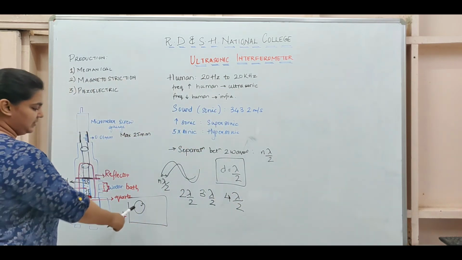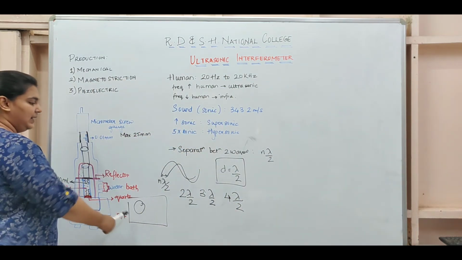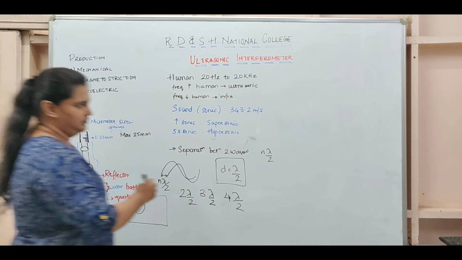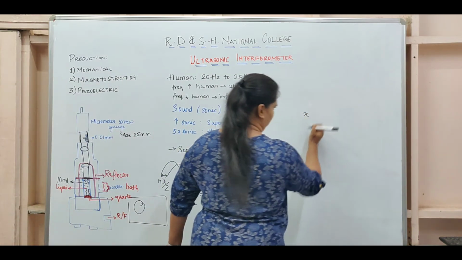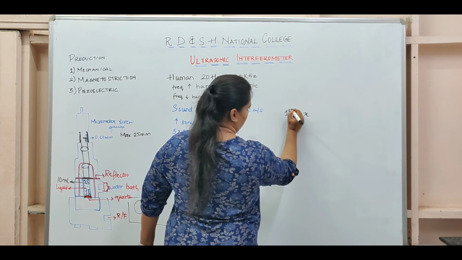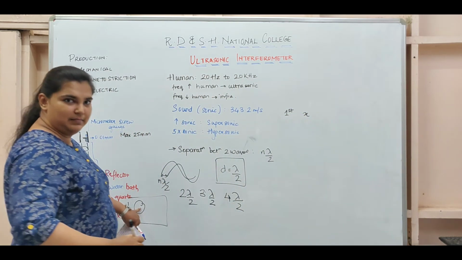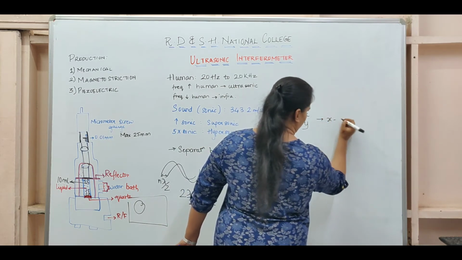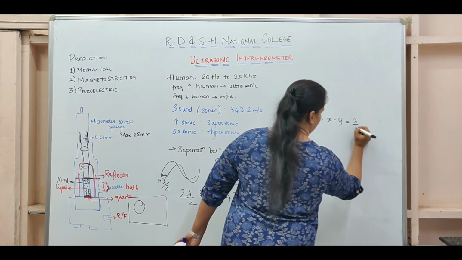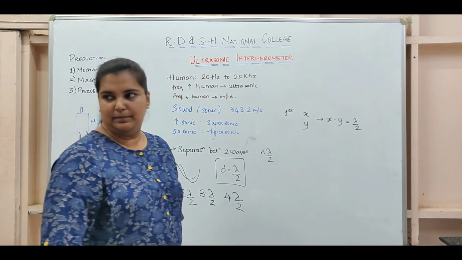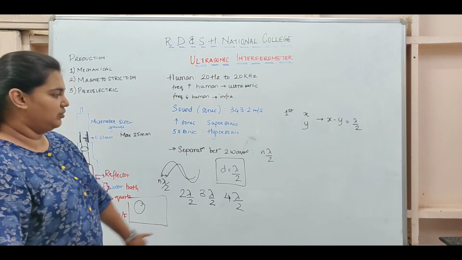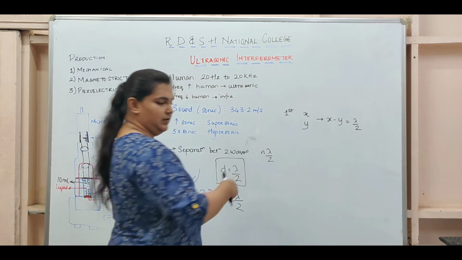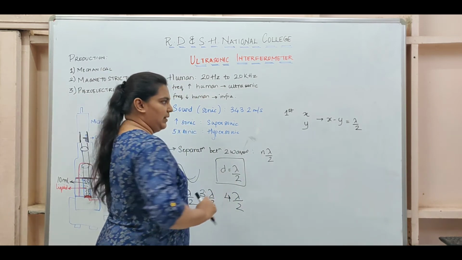Each time I get the maximum ammeter reading, I will note what I have got on the screw gauge reading. Suppose my reading is some x. This is the first screw gauge reading. Then when I get my second maximum amplitude, I'll measure the reading. I know this x minus y has to give me lambda by 2, because this is the rule of the ultrasonic: we are getting resonant waves continuously at a difference of lambda by 2.